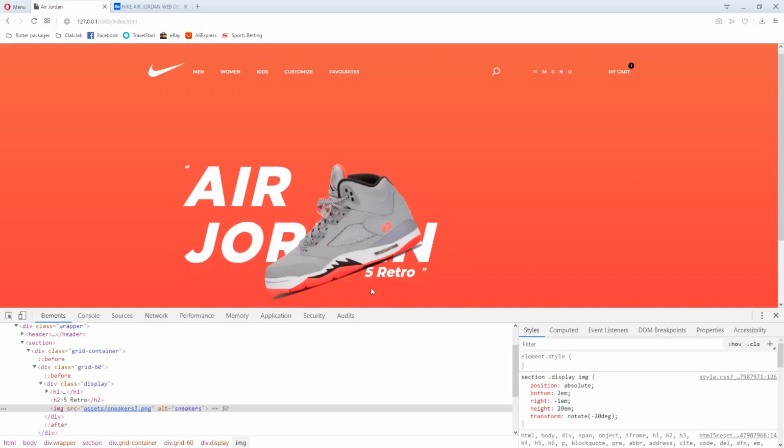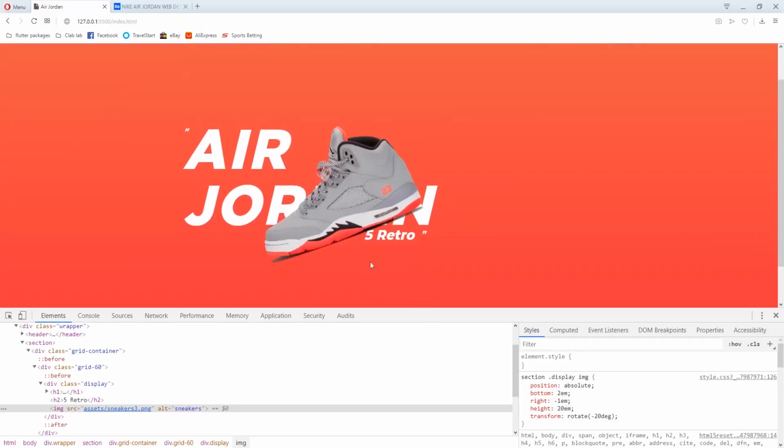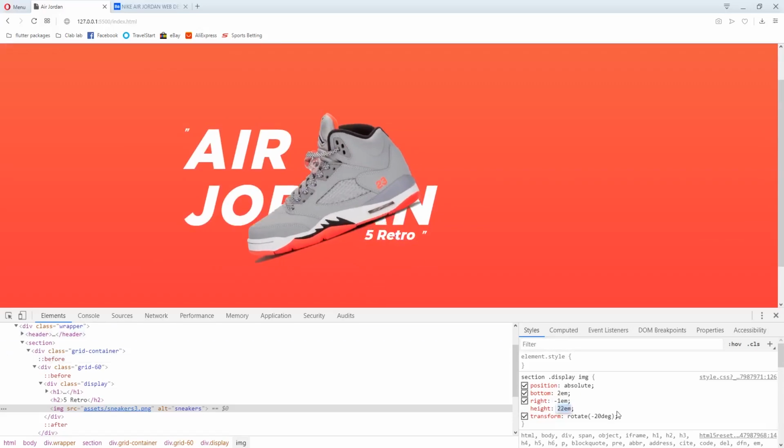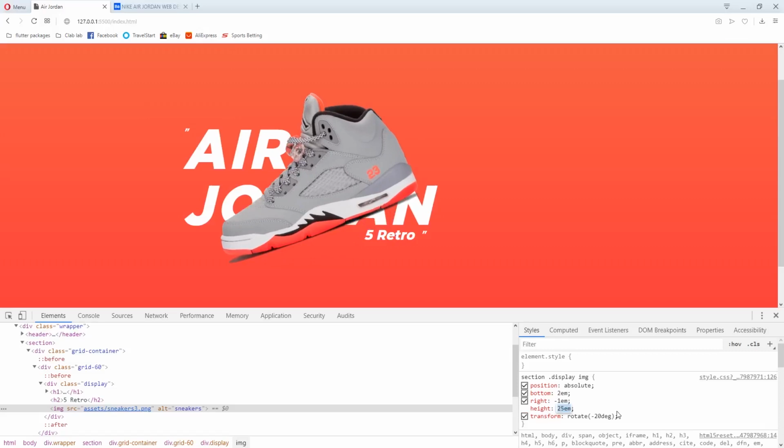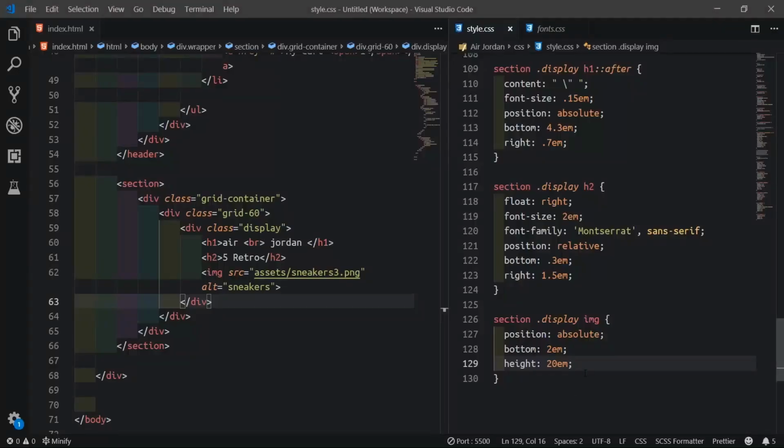Okay. Push and small increase the size of the shoe. More increase the size of the shoe. So raise. Think it's okay like this. Okay, I'll copy this code first. So I'll go paste down for the image here. All right.